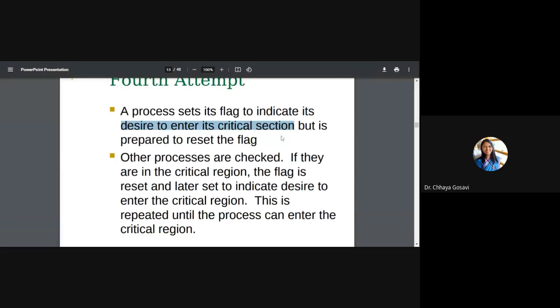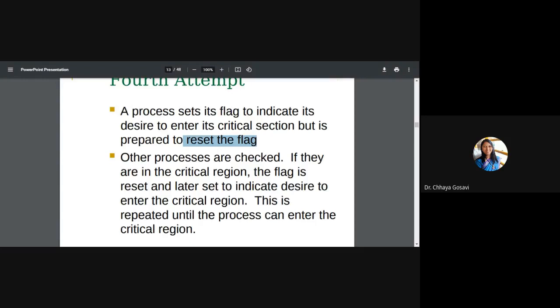So whenever I raise my hand, it means I want to enter into the critical section. But it is prepared to reset the flag. If other processes also want to enter into the critical section, that process can reset the flag.